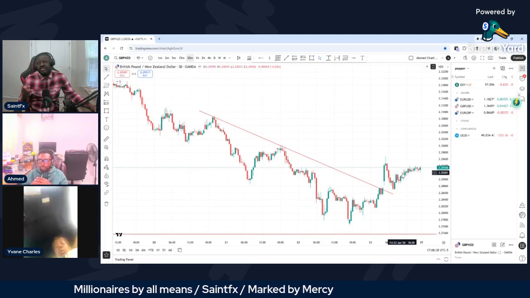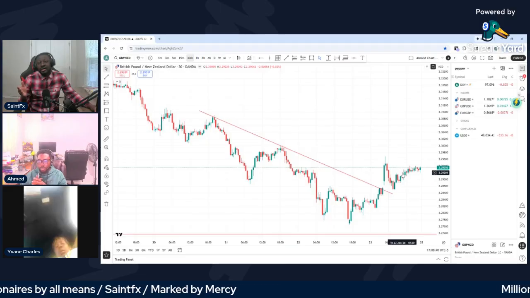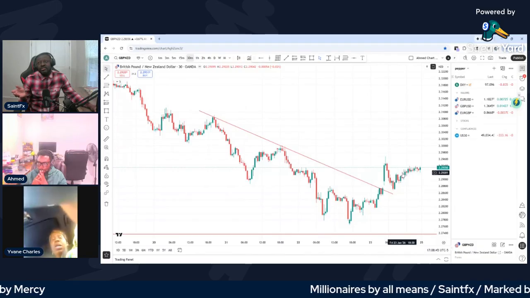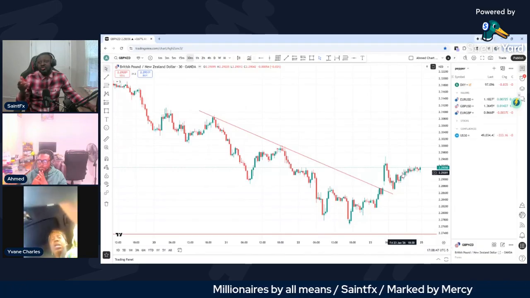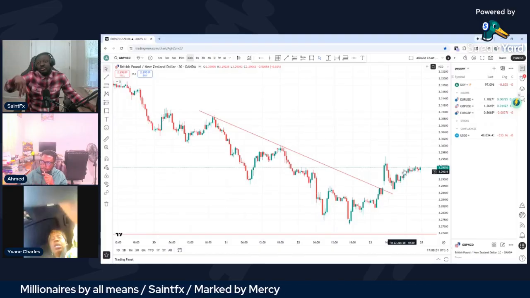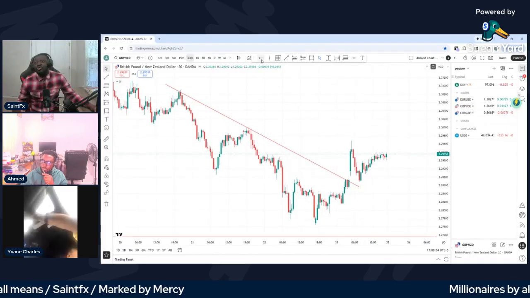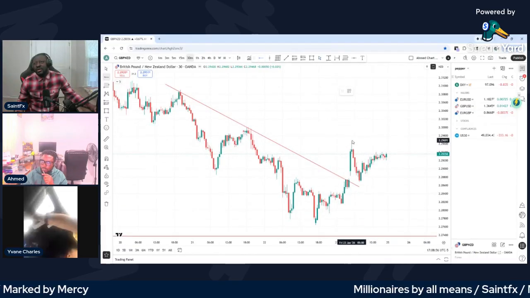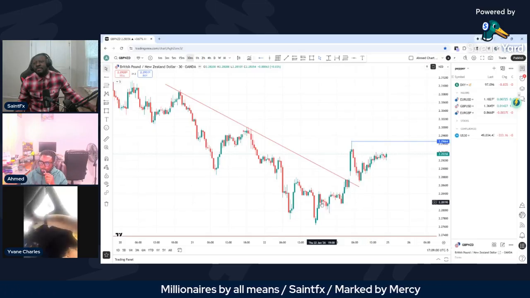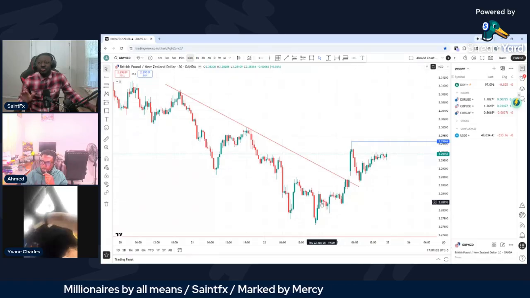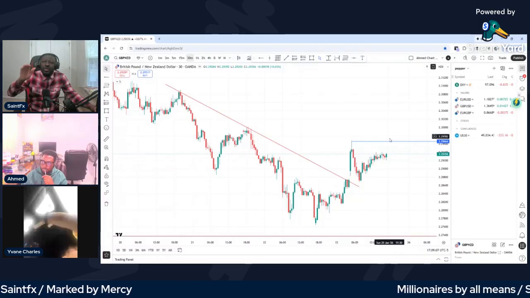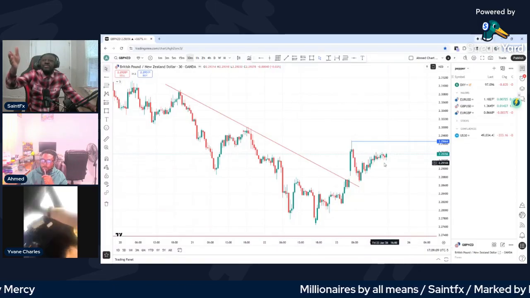You can see the movement of the candle, right? It's slow and very weak. So what I can do is draw a line over there and wait for the market to break this one before I take action. If you want to buy on this area, what I would do is let the market break this one,